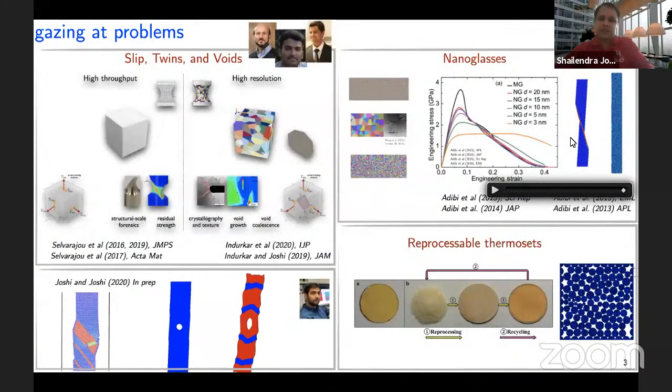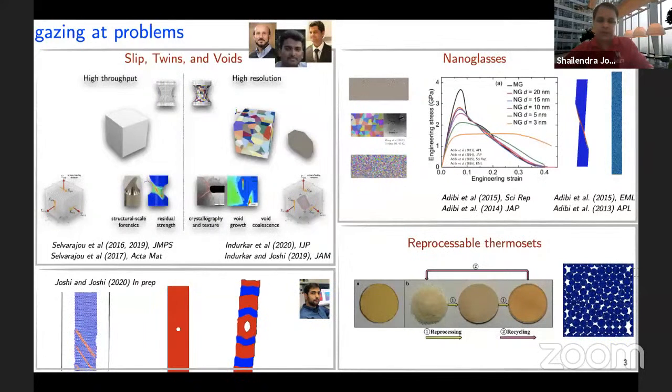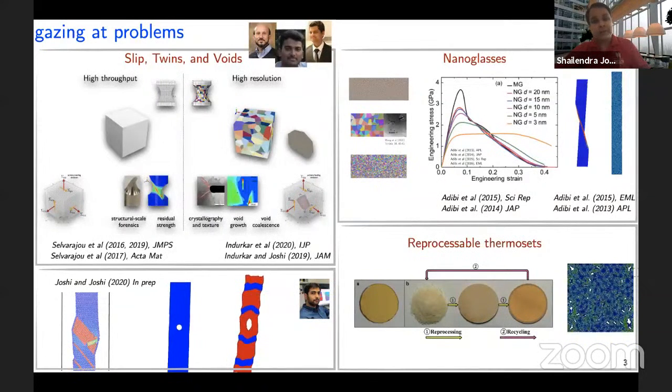Aspects that limit the ductility of metallic glasses by way of damping out the shear band shear localizations. And this was primarily the work that was done using atomistic calculations. And a more recent work, as I said, is in the area of reprocessable thermosets, which can be granulated, pulverized, and reprocessed cyclically, so that you can use their functionality for multiple number of times. And we are looking at it from the viewpoint of granular mechanics.